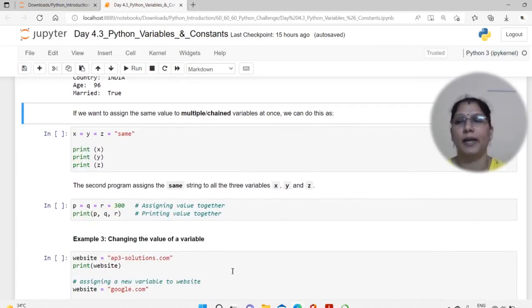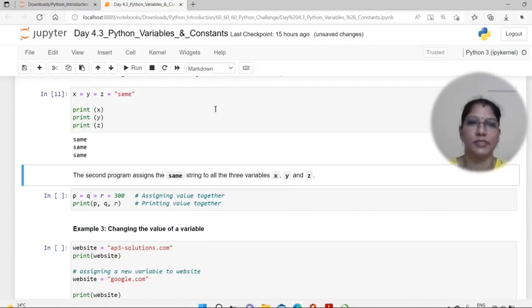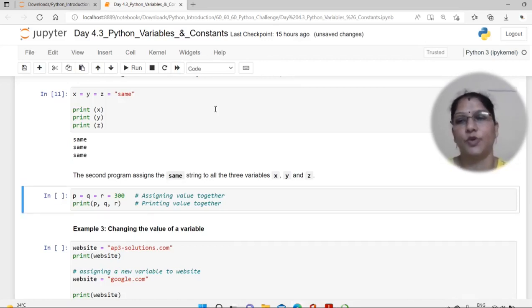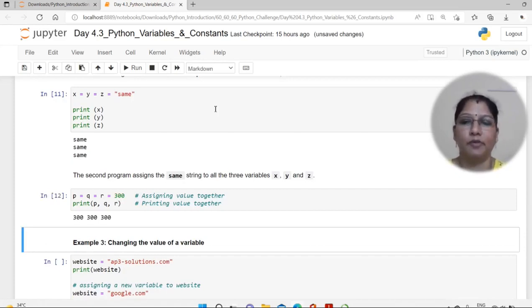we can do this by using the equal symbol, that is x is equal to y is equal to z, equal to the same value. On executing this, we get the same value in multiple variables. Second program: assigning the same string to all three variables x, y and z. Here is one more example: p is equal to q is equal to r, equal to 300, assigning a value together, and you can also output it,